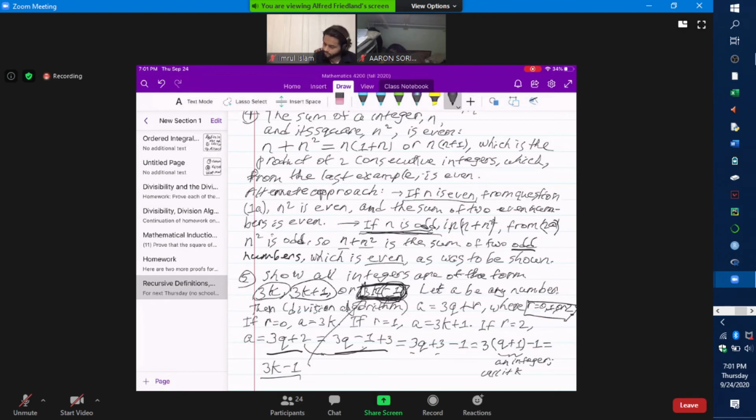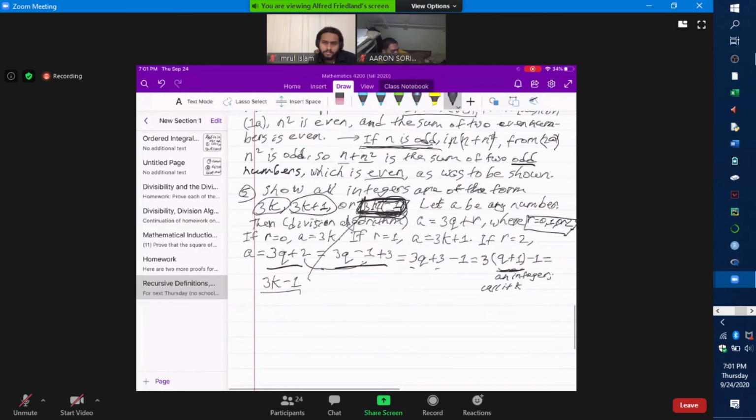I did it that way. Basically, I could have used k instead of changing it to q, but then over here, I would have gotten k plus 1, but I don't like saying, okay, so let k plus 1 equal k, so that it looks just like that. So I chose another letter. Okay, let's,